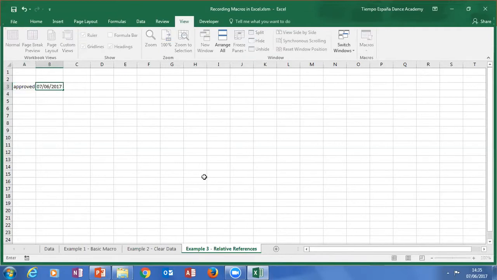So a very quick keyboard shortcut to display the date is pressing Control and semicolon at the same time. If you press Control and semicolon, it's going to enter the date into your cell. Then maybe they want the timestamp as well. A very quick keyboard shortcut to do that is pressing Control Shift and colon. In which case you're getting the date and the time as and when that was approved. So it's one of the standard things that people have to do quite a lot. They want to approve some things, and then they want to have a date and a timestamp as and when